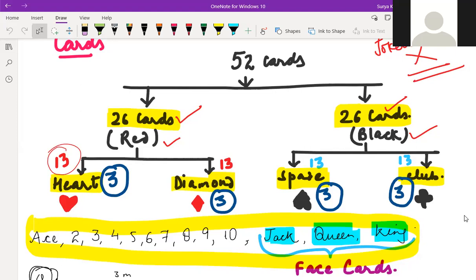Remember, children, if they write something, you cannot just accept it. Actually, face cards are only Jack, Queen, and King. But sir, in books it's written. Which book have you read? Sir, S. Chand. They have written there are 16 face cards. Yes, sir, I will show. Okay, leave it. They have mentioned it wrongly.